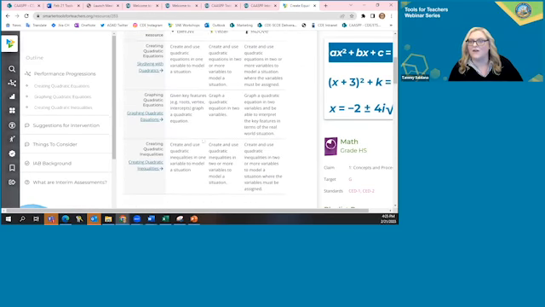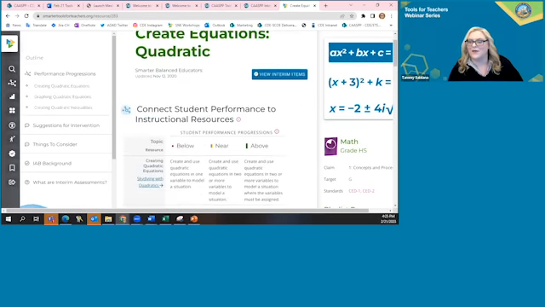And here are the student performance progressions within a playlist. And here's where I can view the interim items. If my district is giving me access to interims to administer them, I can see the actual items. And you can also see the actual items within the California reporting system.